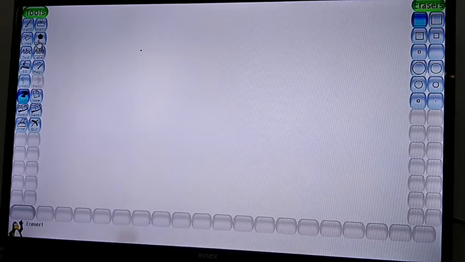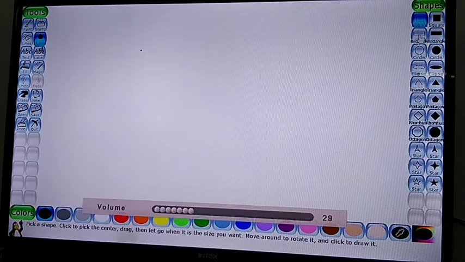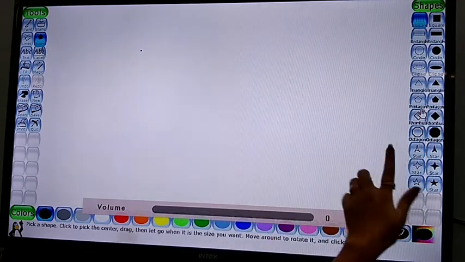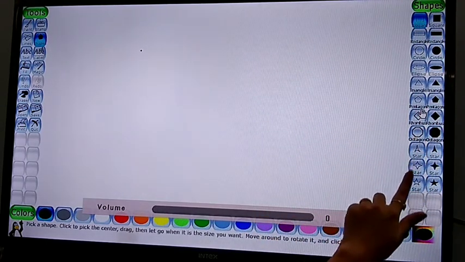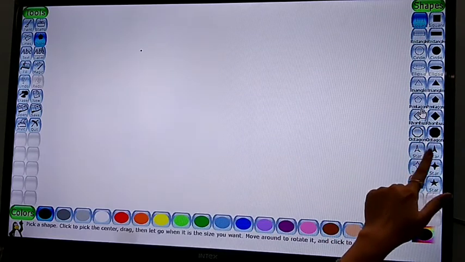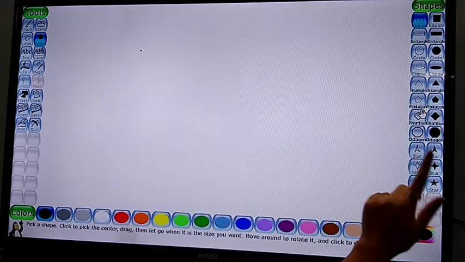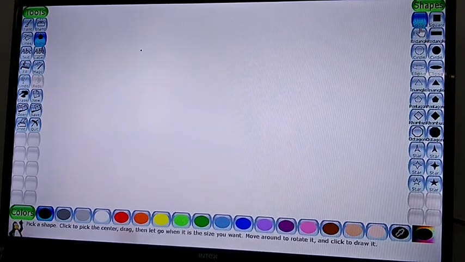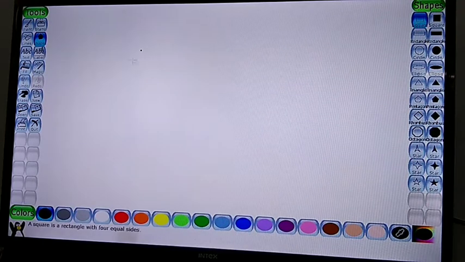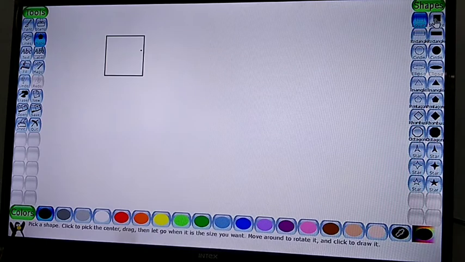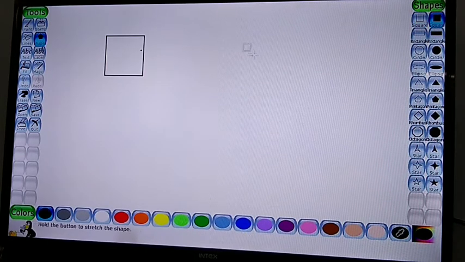When you click on the shape tool, on this side of your screen you can see so many tools are there. These are your unfilled shapes and these are your filled shapes. You can see these are filled with color, these are filled shapes and these are unfilled shapes. Now I am choosing one shape, like I am choosing the first one, unfilled, and I will draw. It will be drawn like this. Now I will choose a filled shape and I will draw.